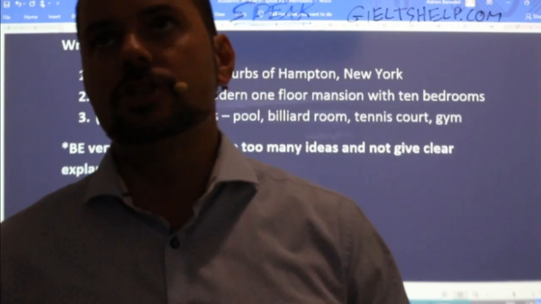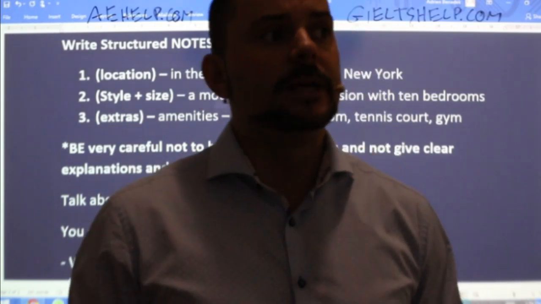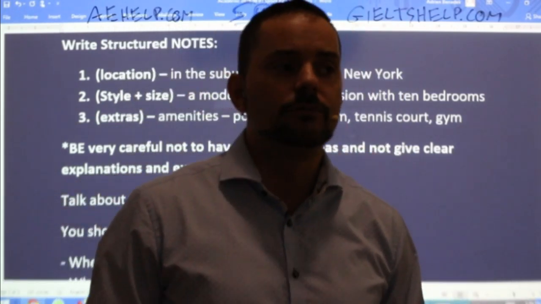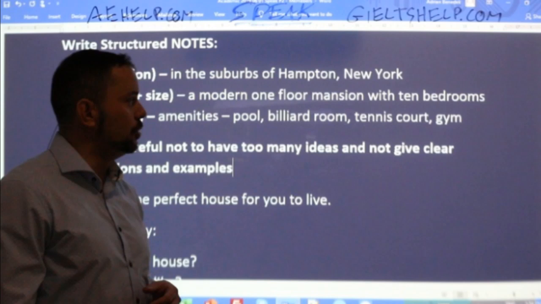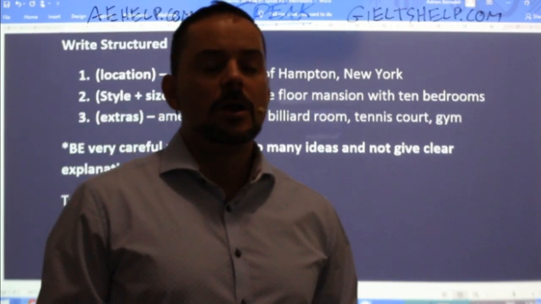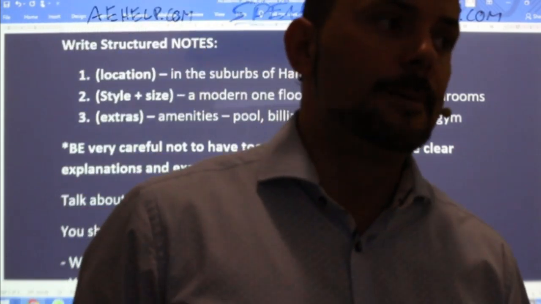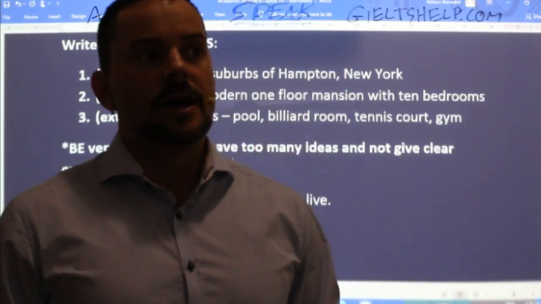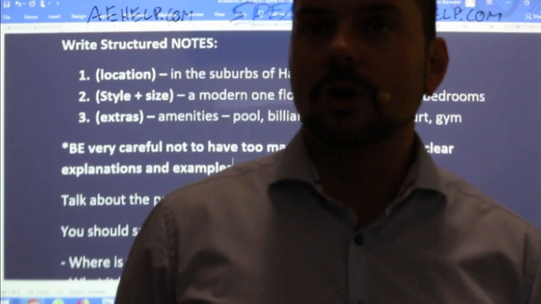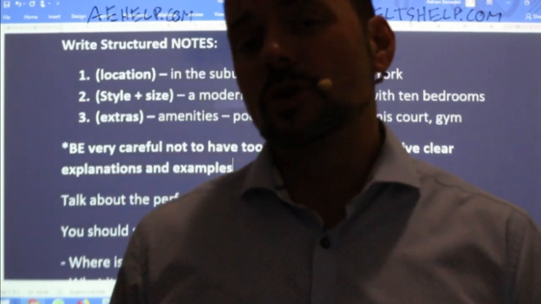If a student says, well, my dream home is a big, big house somewhere in India. It would be like a huge bungalow with lots and lots of rooms. I would have a pool. I would have a billiard room. I would have tennis courts. All of my family would live there, so there would be lots of bedrooms as well. I could have barbecues and invite everybody over for dinner. And then I would definitely have a gym so I can work out. And also I would... So if you're doing this, you'll get an okay score, but not a great score, because